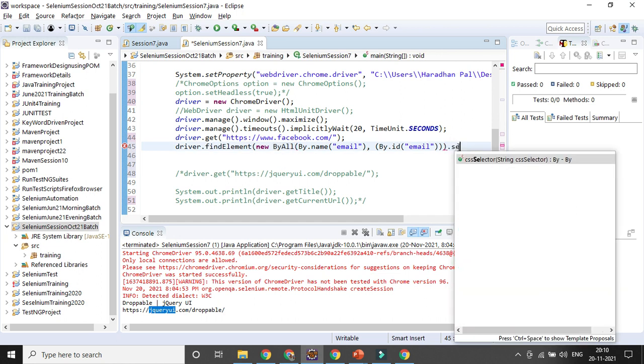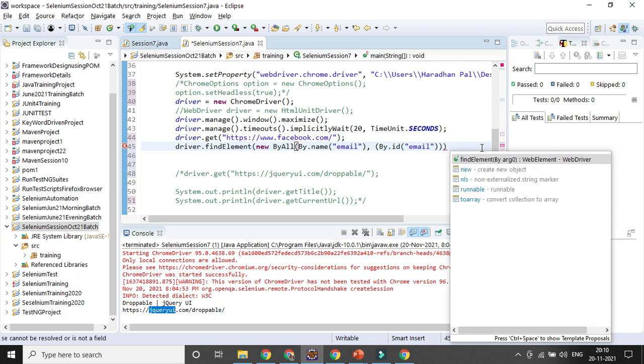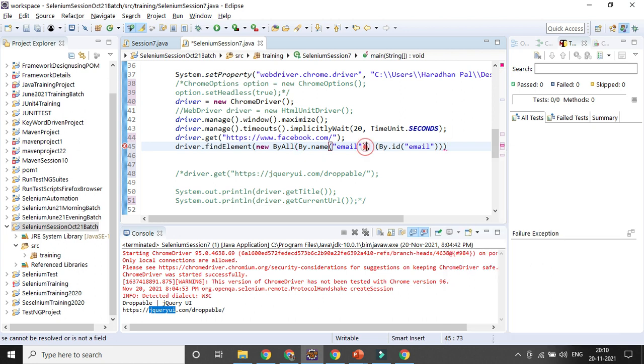SendKeys. New ByAll, By dot name, that's fine. I need to close it. Okay, I think it will work fine.